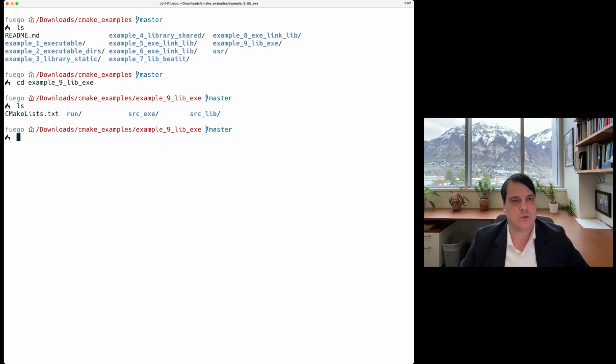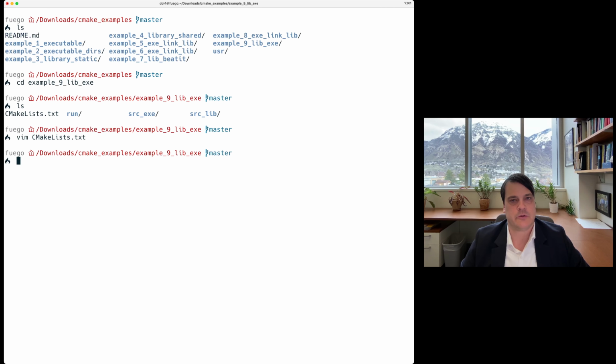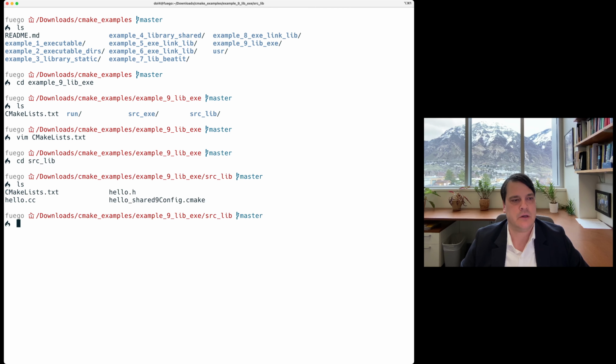And in this case, we have a source folder for our executable code. You could think of this like an example code or a tester. And we have the source directory that holds the sources for the library, and then we'll put our executable when we're ready to run it. We'll install that in the run directory. So our CMakeLists.txt is really similar to what we've had previously, but now we're adding both subdirectories, the library and the executable subdirectories. And if we go into the library directory here,